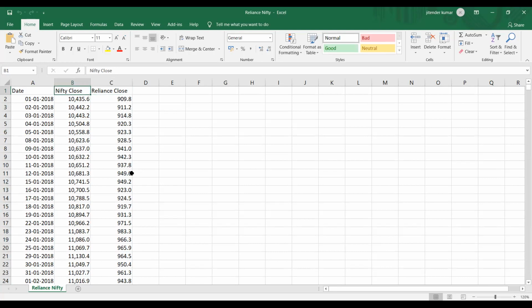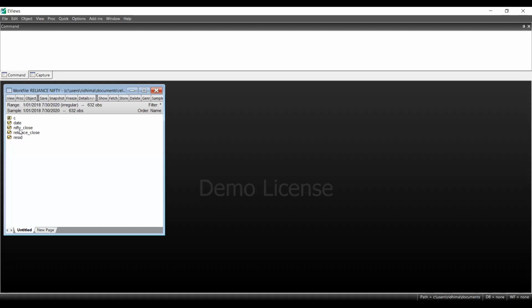I've taken these two stocks because later on we will perform some kind of relationship analysis between Nifty and Reliance through eViews. And hence you can see the columns which are coming in eViews: dates, Nifty close, and Reliance close.